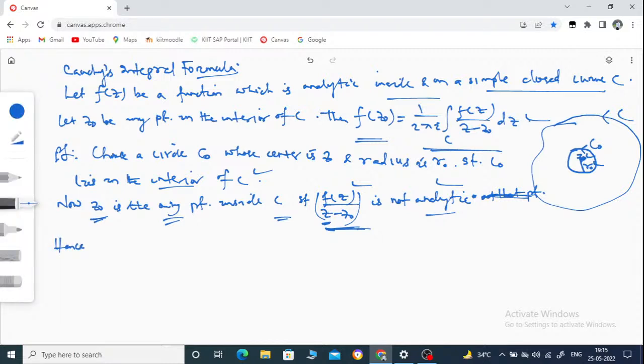Hence we can say that f of z divided by z minus z naught is analytic in a region D consisting of all points